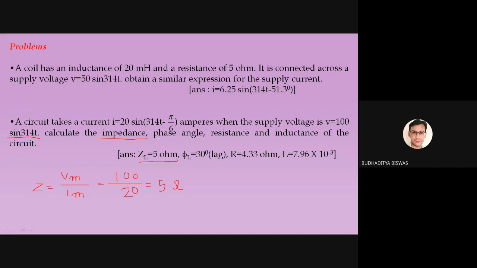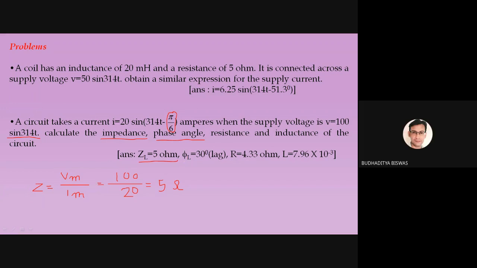Okay. Then the phase angle. What is the value of phase angle? Who can tell me without doing the calculation? Phase angle means the angle between voltage and current. Sir, 30 degrees. It's equal to pi by 6. Very good. It's pi by 6 or 30 degrees. So you see, to find these first two things, you don't need to do any calculation, because pi by 6 is given. So this is definitely the phase angle, because here the voltage phase angle is 0, and here the current phase angle is pi by 6, and is it lagging or leading? Sir, lagging.